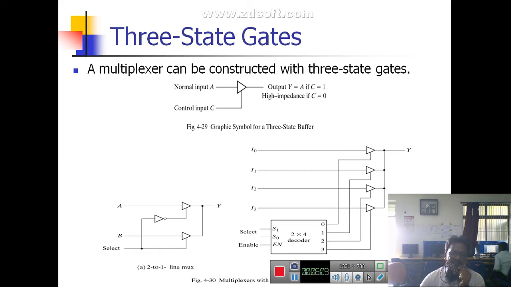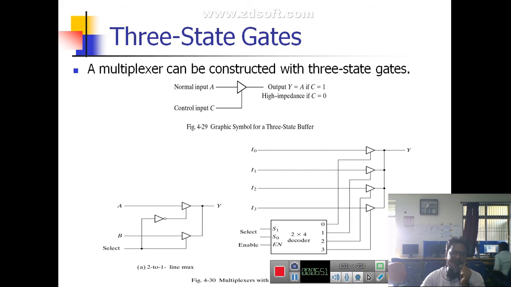Here the selection line will be common for the B input and the A input, but between B and A we are using a NOT gate to perform the desired operation, so it works like a multiplexer. We know that a multiplexer is a many-to-one device. That means we have n inputs and only one output at the output of the multiplexer. Here a 2-into-1 multiplexer is constructed with three-state devices, so that for A and B we have an active high enable input.